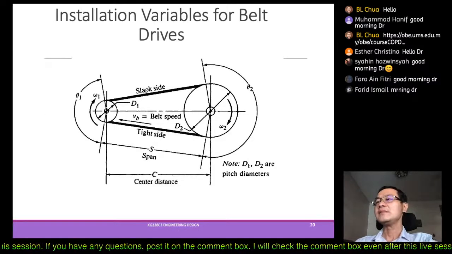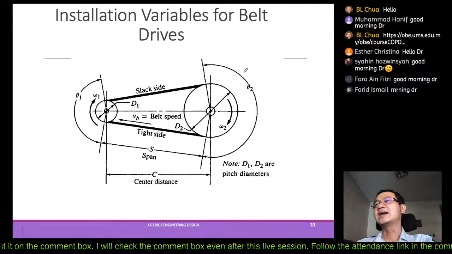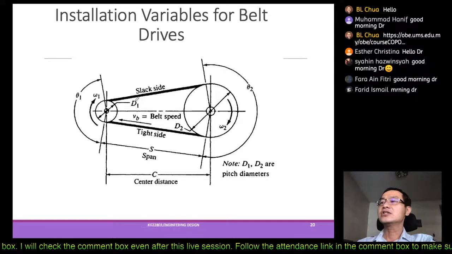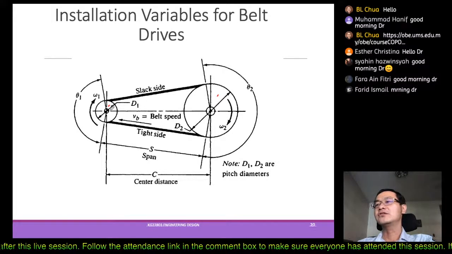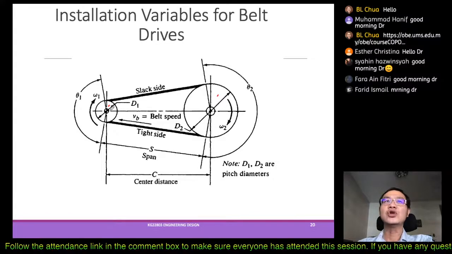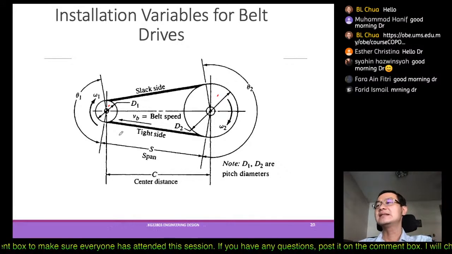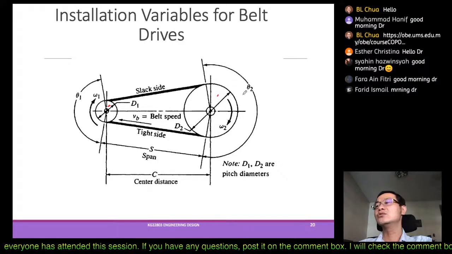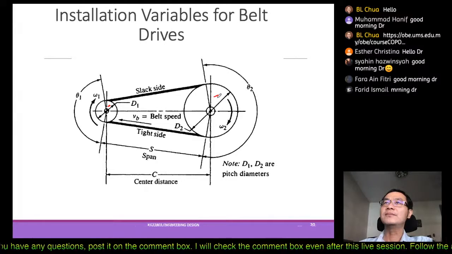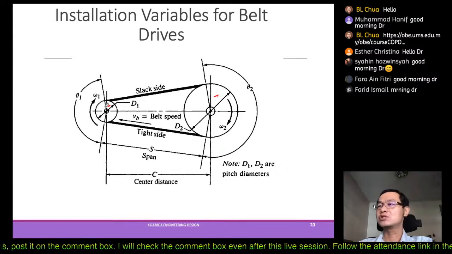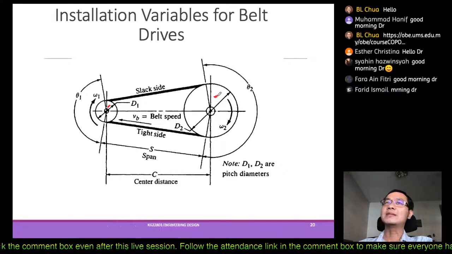So in designing it, we have to get the general idea of the constructions. You have the shaft, and we have to estimate what the diameter of this shaft is, or we should know it before that. Only then can we start to design this. But how can we know this? If we are going to buy it from the manufacturer, then we have to select from the dimensions that are provided by the